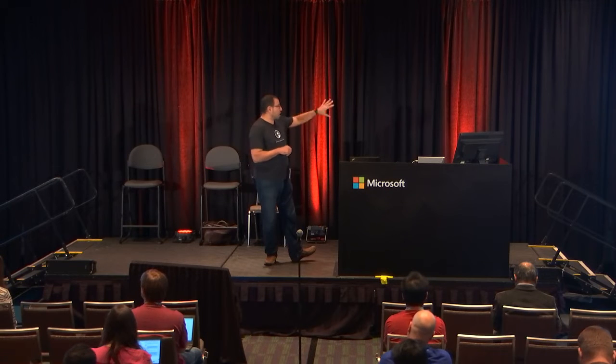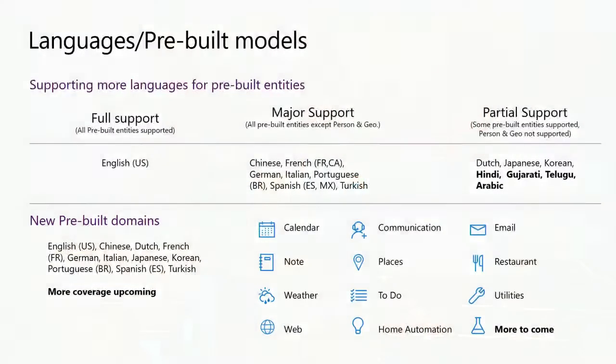Very soon, we'll have full support for all of these languages with the pre-built entities. Another type of pre-built model that we have are pre-built domains, which are small LUIS models to do a function or a skill, like a to-do or calendar skill. We have developed them. You can insert them into your model, and in turn, you can customize them. There are specific intents and entities you upload with example utterances, and you can go and change them and plug them into your eventual LUIS model and train them.